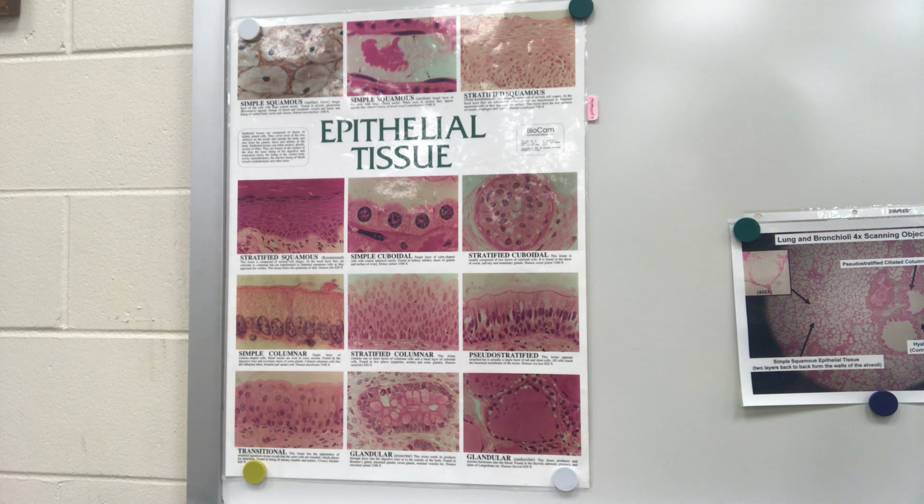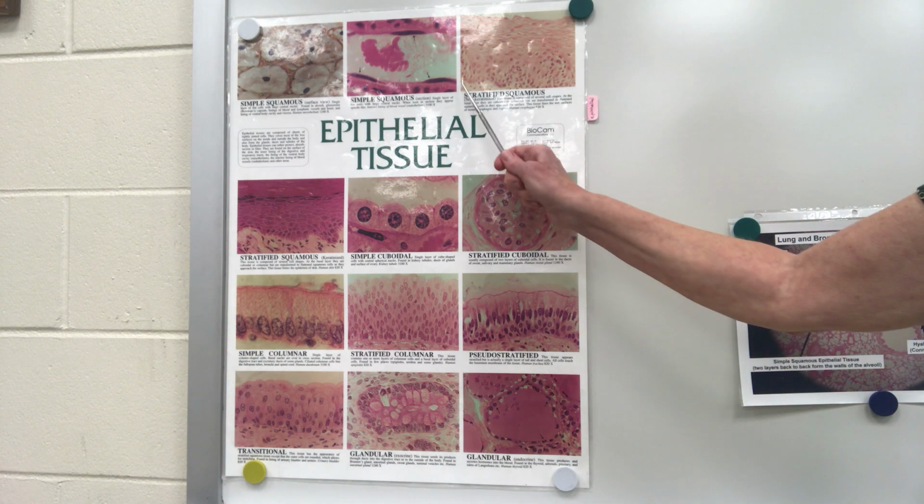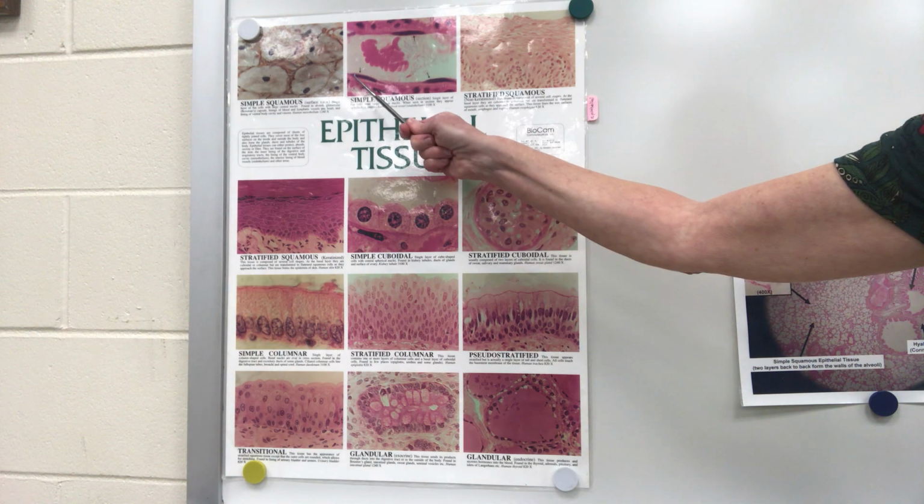We have epithelial tissue, which we're going to start out with, and this is the outermost or innermost layer of cells and tissues within an organ. So your skin is epithelial, the lining of your digestive tract is epithelial. Now, epithelial is going to be categorized by shape of the cell and by the number of cell layers we have. So the generalized shapes we have are flat, squashed ones. These are squamous. They're looking very flattened.